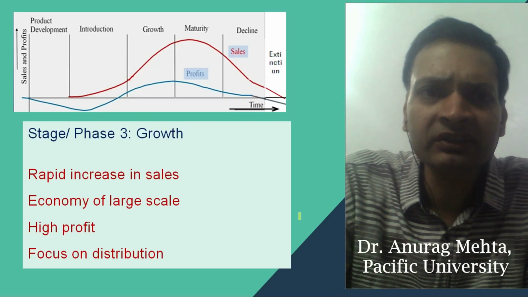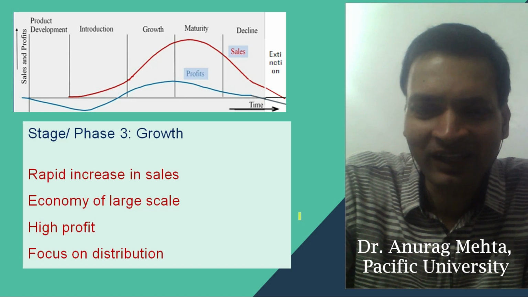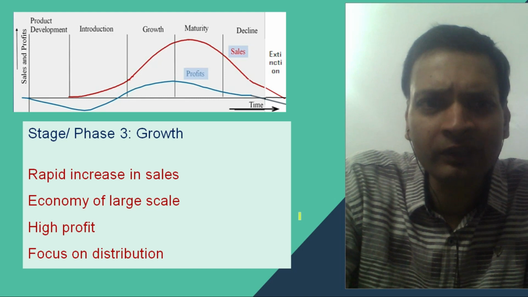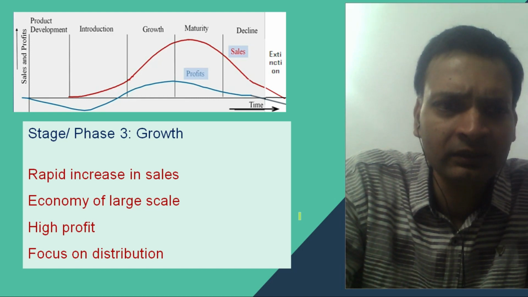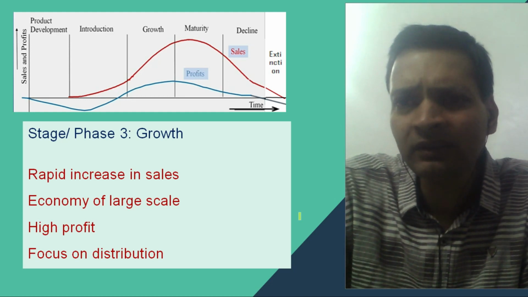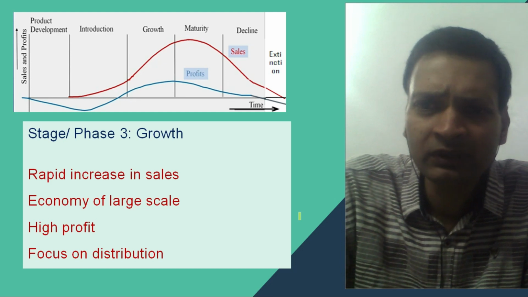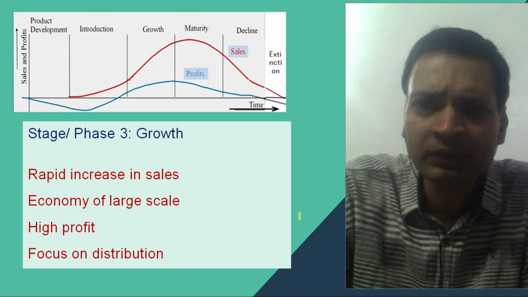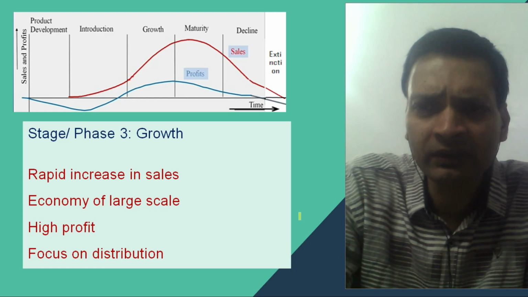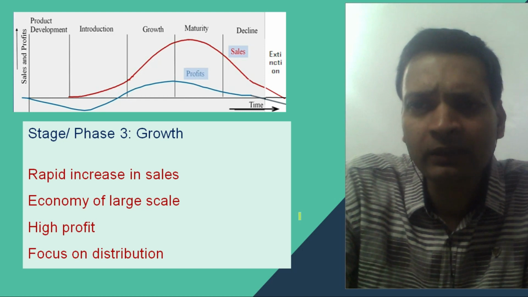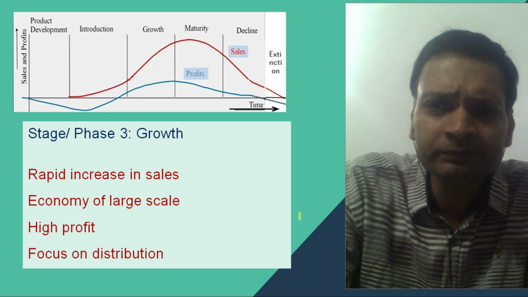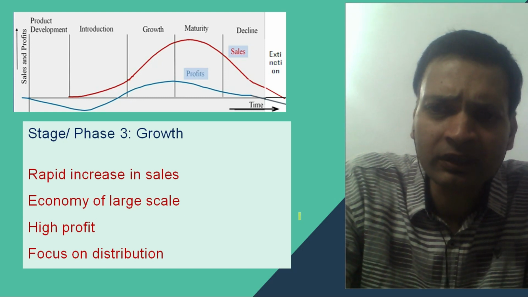The third stage is the growth stage. As the name expresses, the sales grow very rapidly. Economy of large scale is enjoyed because of the high sales volume. The overheads are distributed over the large amount of sale, so the cost of production per unit comes down to a very low level. High profit remains there for a longer period, and the marketeer in this situation should